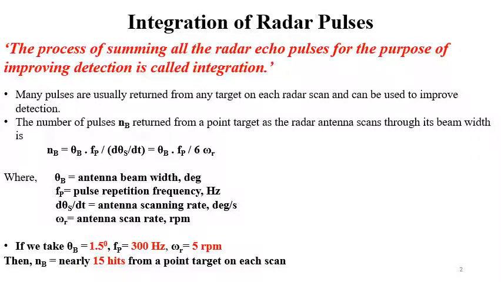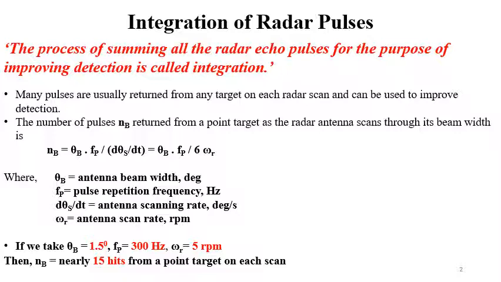In the previous class, we have discussed the effect of noise in radar equations. Now we will consider how we can integrate a number of pulses to make the signal to noise ratio higher. That means to enhance the detection capability of the radar in a much better way. So the process of summing all the radar echo pulses for the purpose of improving detection is called